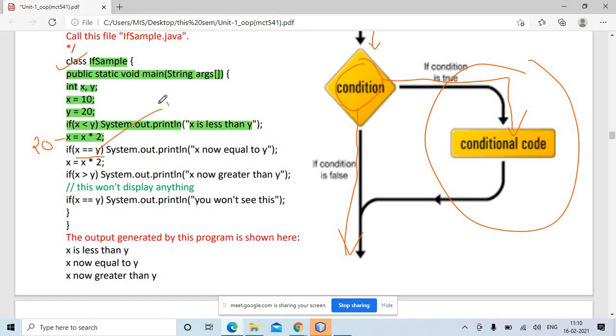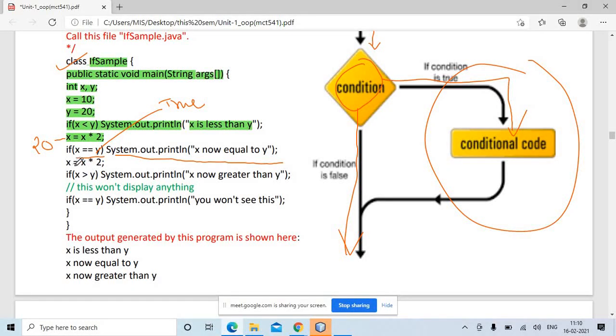If it is true, then print System.out.println x is now equal to y. Yes, y की value 20 है and the new value of x is 20, so 20 is equal to 20, that is true, so x is now equal to y.